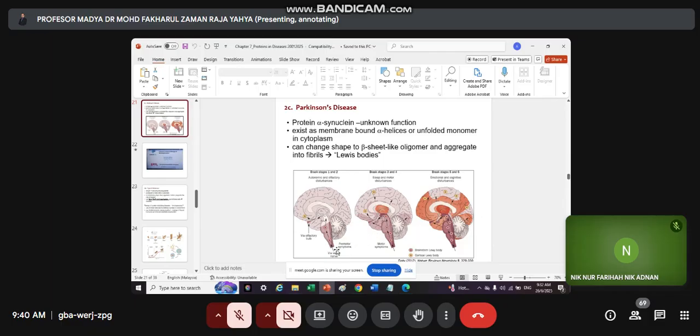Distribution of Lewy bodies happens in this part of the brain organ, and subsequently, these Lewy bodies